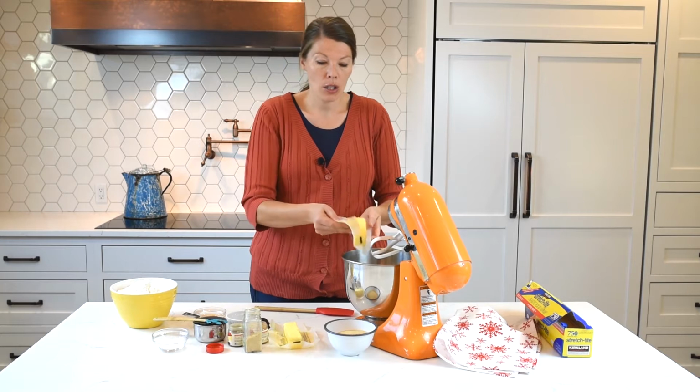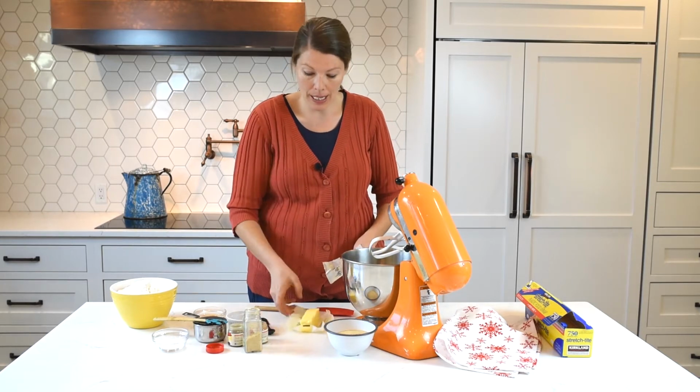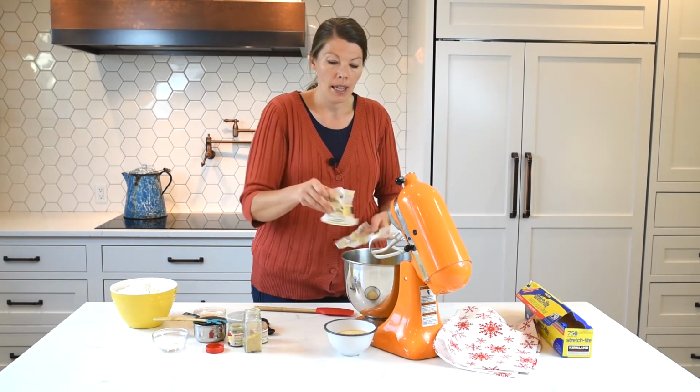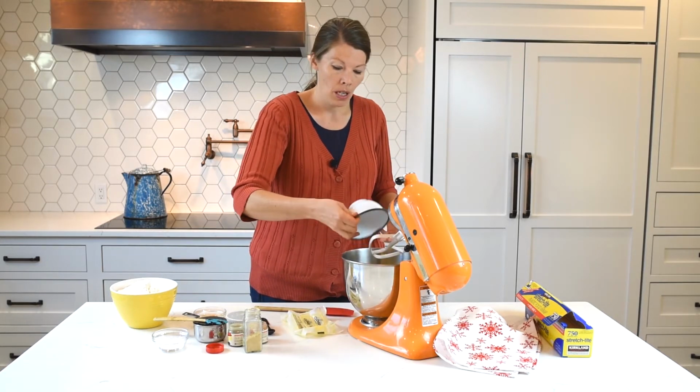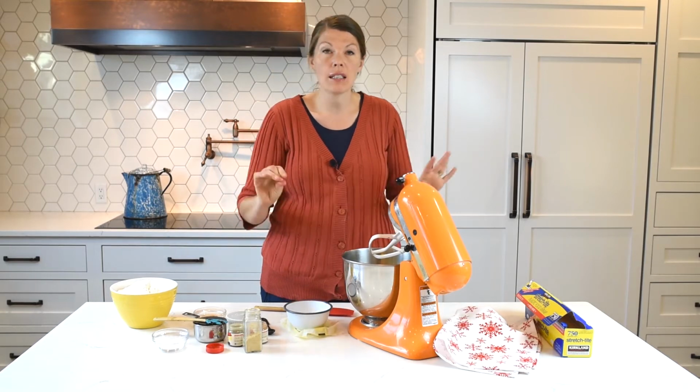You just need a whole cup of butter, which is 2 sticks, and it's at room temperature. We're gonna add a cup of granulated sugar. We're gonna beat that together well until it's nice and fluffy. It's about